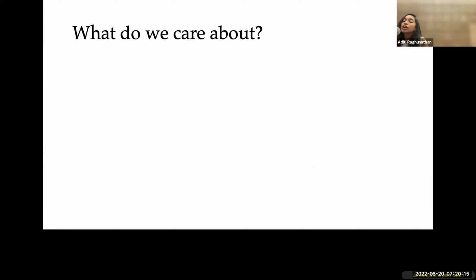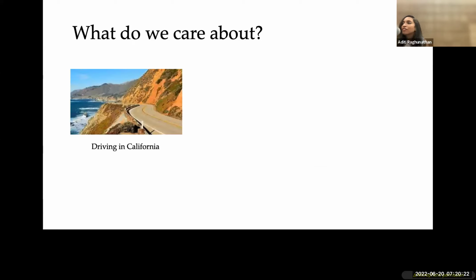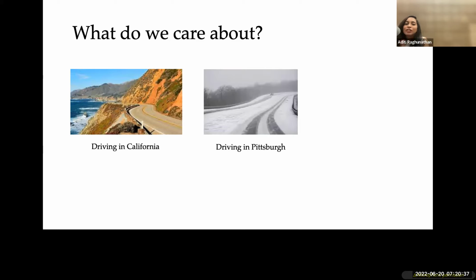So in order to do that, let's get some inspiration from what are realistic examples that we could care about. Let's look at self-driving cars, which is a popular example because any mistake can be catastrophic and we really want to avoid making mistakes on new inputs. If you think about driving in California, it's going to look pretty sunny on most days, which is great. But if I'm moving across the country, I'm going to have to deal with different weather conditions.